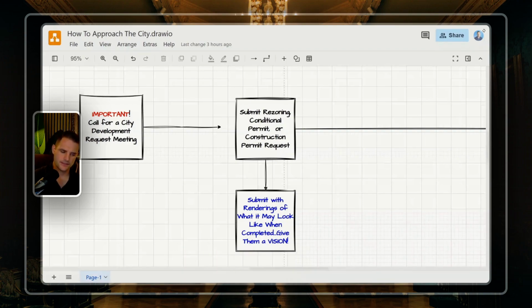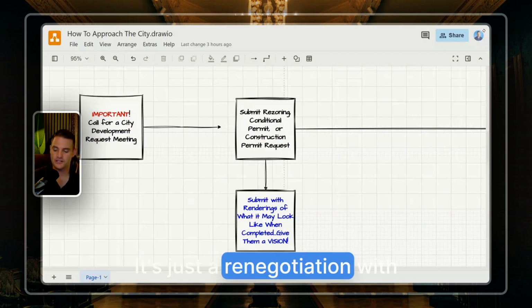But for other items, maybe they want you to put a masonry brick wall behind the hotel or the motel, which will not be converted, because if there was a fire, they don't want that to catch on fire, the fence. There's some silly ones out there like that where you can renegotiate that, use a different material because that's very expensive, right? And that wasn't in your budget probably. So you find out that they're going to require you to upgrade your electrical, your plumbing, your grounds. It may not be a deal anymore. They may have destroyed your deal, of which it's not a dead deal yet. It's just a renegotiation with the seller.